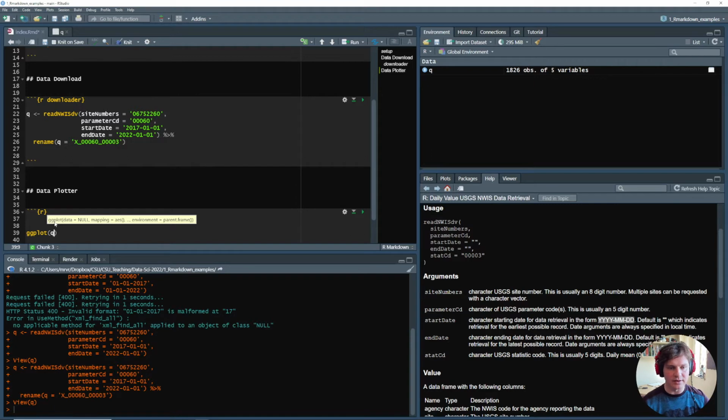plot of this data. So Q, and then the x-axis we want to be date, and the y-axis we want to be Q. And then we'll just make that a line. So we're going to use the geom_line command. And if this